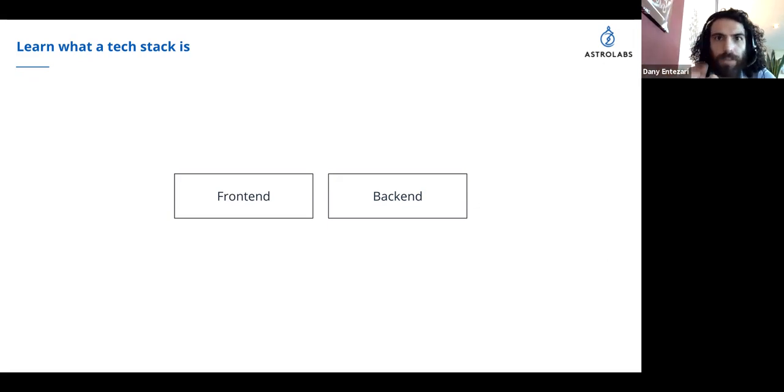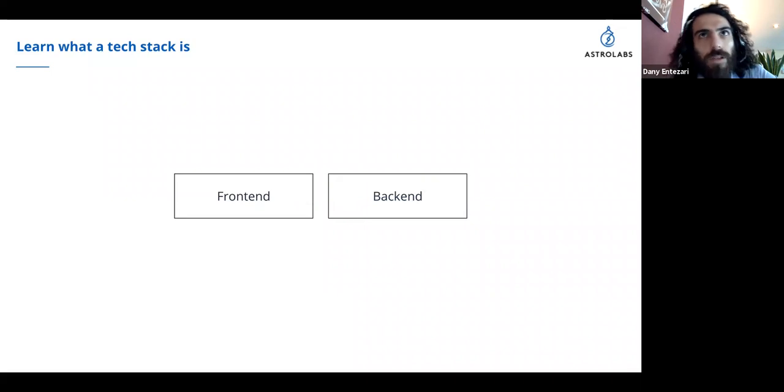So when you click on a button, when you type in some information and you click on send, when that information is sent, the application that processes your information, we call that the backend. Okay. Now, when you begin your journey as a coder, as a developer, you will at some point have to